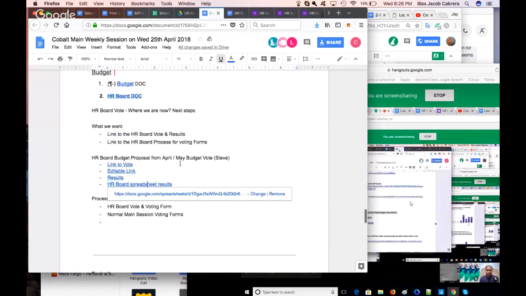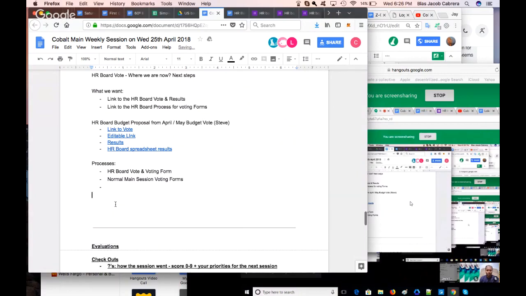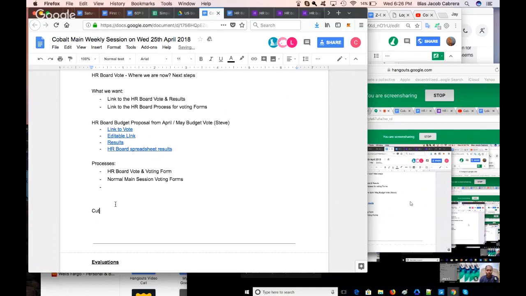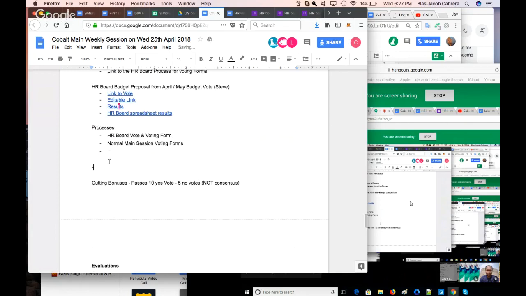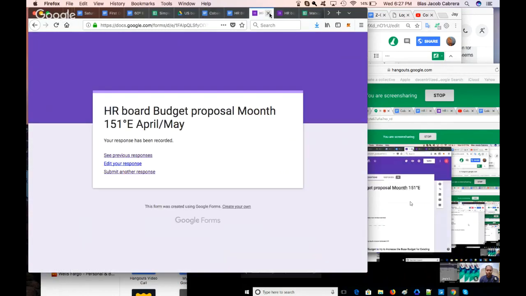So let's go through these one by one. So the proposal 1 is, well, actually, let's not do proposal 1. Let's just list them. So the first one is the cutting bonuses. So this passes 10 yes votes, 5 no votes, obviously not consensus. So that needs to be reviewed. And just so you guys know, our policy is we strive towards consensus and everything. So if there's not consensus, we want to try to figure out why and have discussion on it and see what happens from there. All right, next vote is